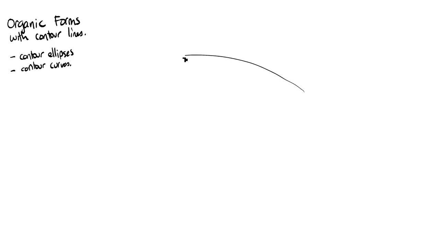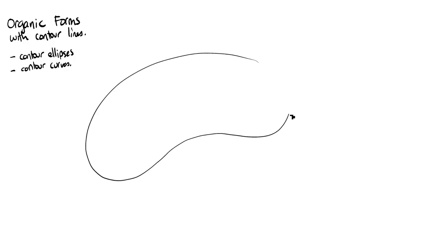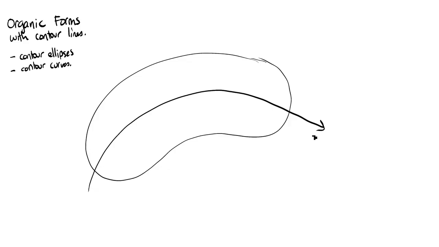So we start off by drawing a simple organic sausage form. That one's not very good. Try and keep it nice and bulbous, but make sure that it has a very direct and clear flow. So this one kind of flows in this direction. And this line is essentially showing us how it's basically a cylinder, but it's got rounded edges. So it's a very directional form. And this line of flow here,